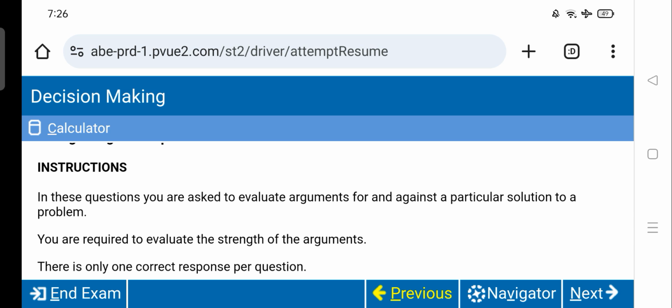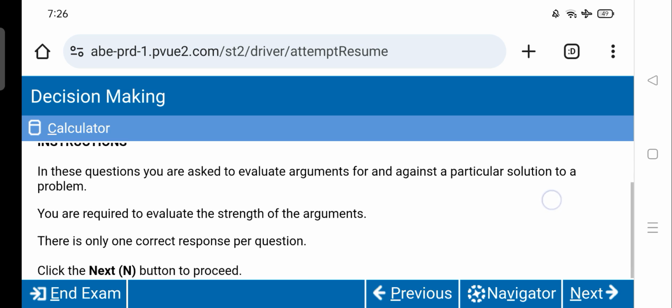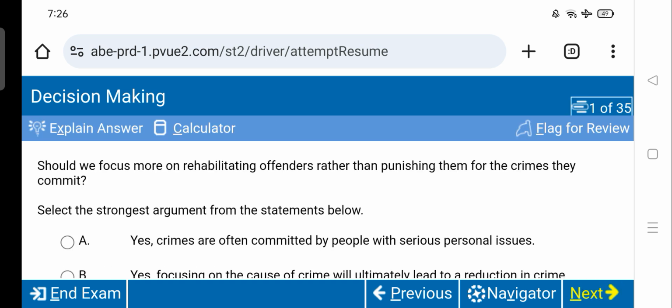Instructions. In these questions, you are asked to evaluate arguments for and against a particular solution to a problem. You are required to evaluate the strength of the arguments. There is only one correct response per question. So click the next button to proceed. So we have again 35 questions in this type, and we are at question number 1, which is,